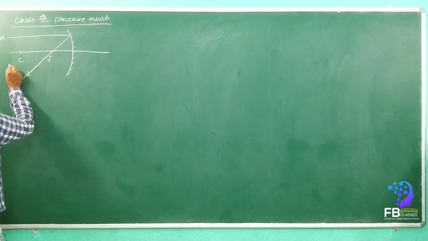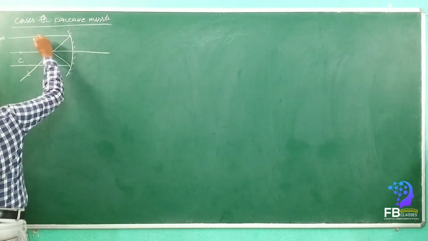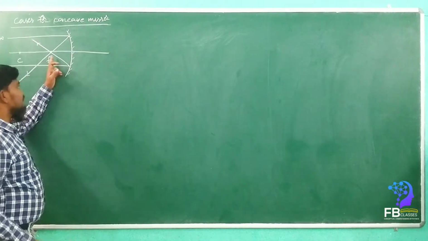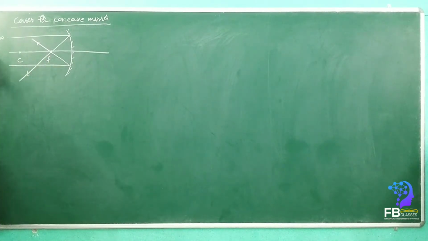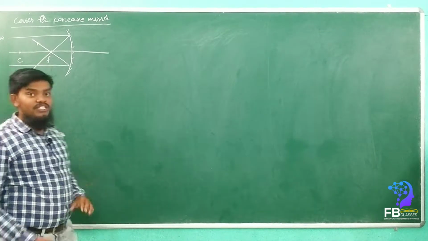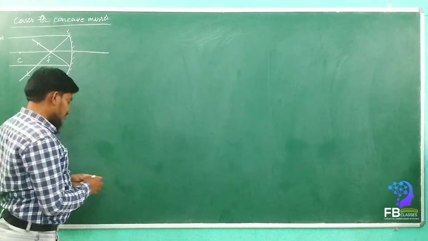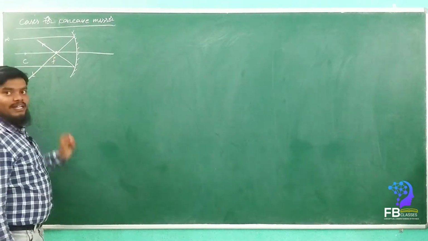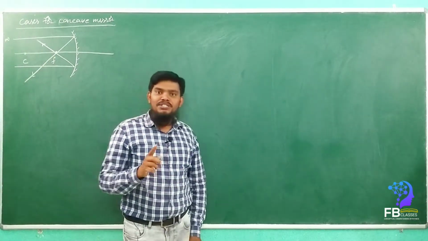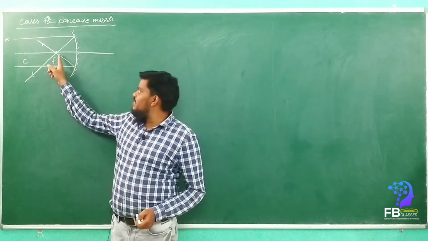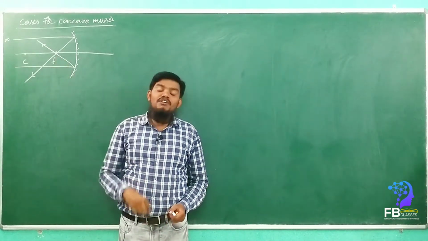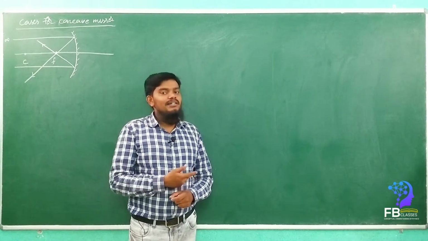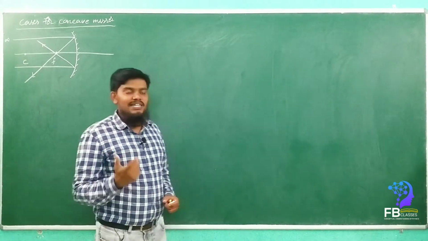Yes or no? Let's take another ray. Then this ray also will move here. See here, many rays. All the rays are going to meet at the principal focus. That means when the object is placed at infinity, the image is formed at the principal focus. These reflected rays meet here. Do they actually meet or appear to meet? It is a real meet, right? So a real image is going to be formed. If the reflected rays appear to meet, then the image formed we call a virtual image. Yes or no? We said this very clearly in the previous classes.